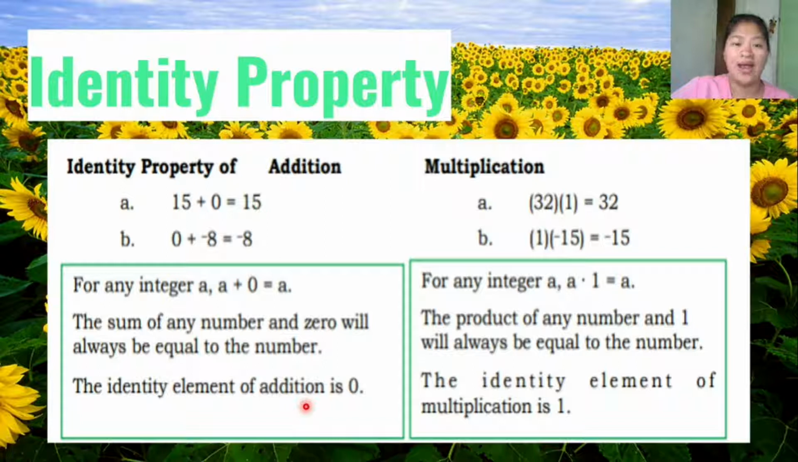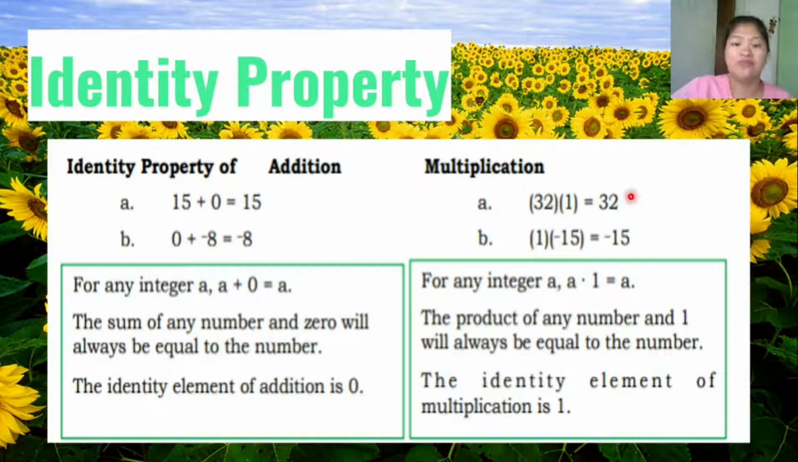What is the identity element of multiplication? What number can we multiply by another number so that its value does not change? Okay? That is 1. The identity element of multiplication is 1. For any number, let's say A, when we multiply it by 1, the answer is still A. So, the product of any number multiplied by 1, the answer will always be equal to the